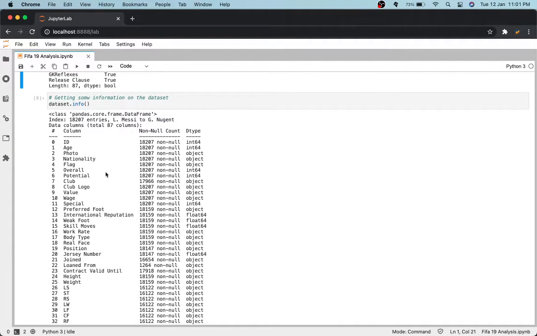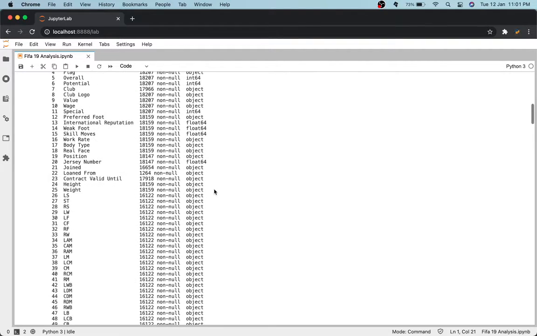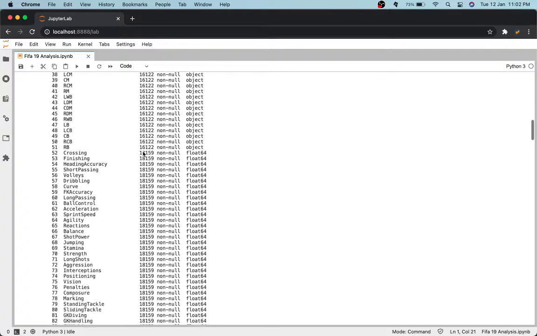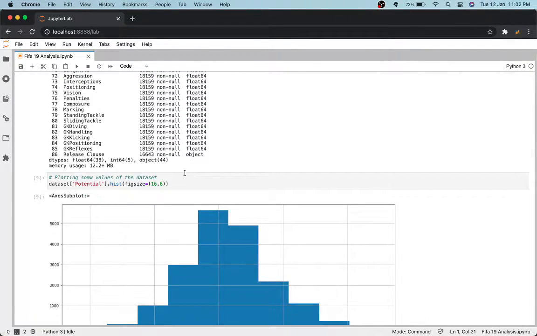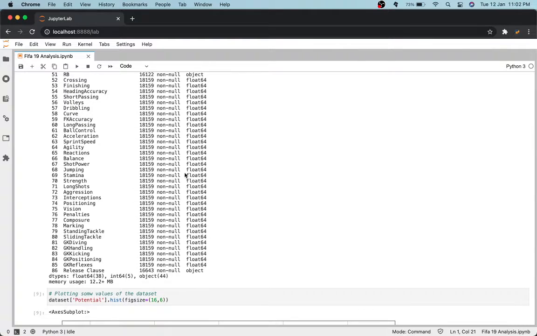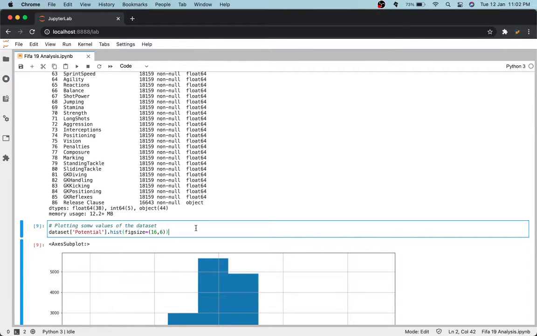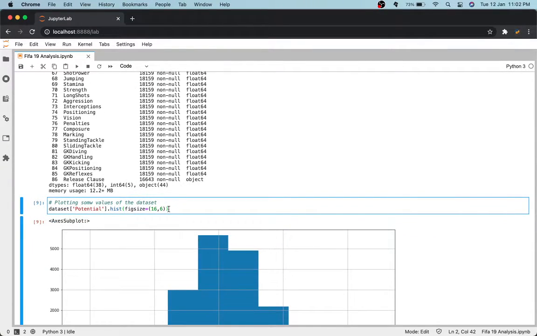In this case you can see that the id, age and all of that is an integer, but the nationality and the flag are actually objects. So in case you will be predicting something like this, you will have to do an extra step where you convert this to a string value, an integer or a floating point, because otherwise you will have to do a ton of other processing to get this thing done.